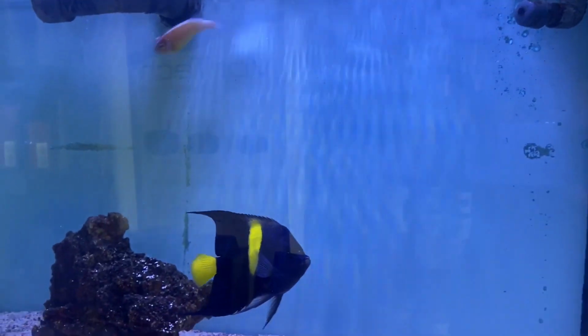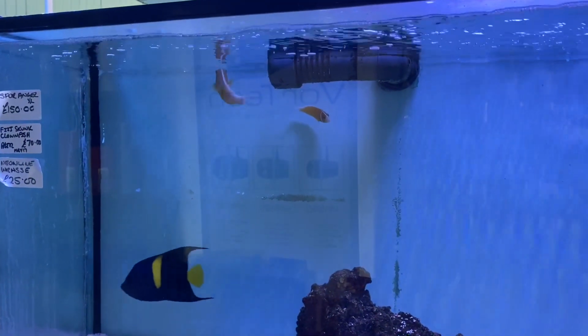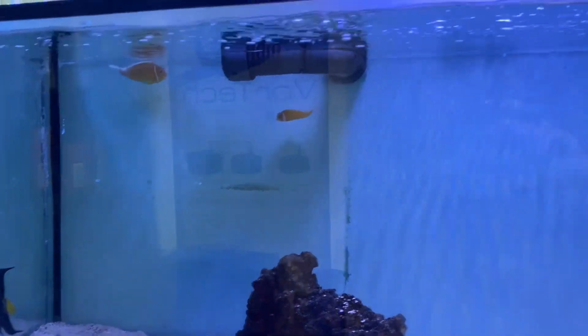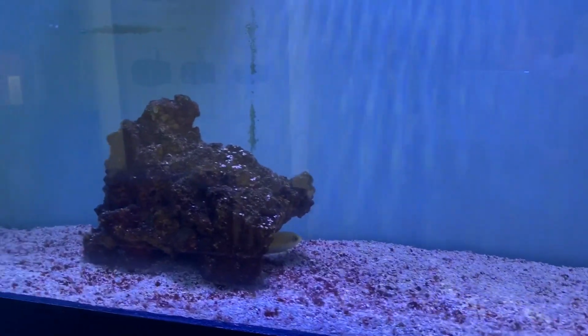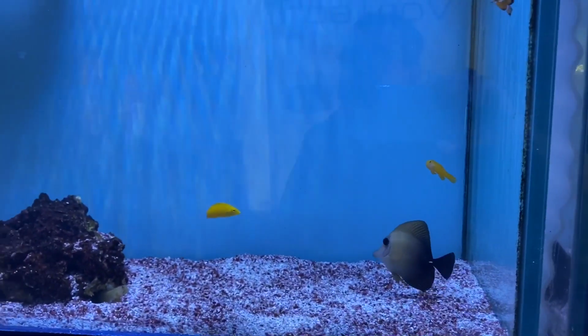Move into the next one, and we have an Azure angel, a pair of Fiji skunk clownfish, and a neon lime wrasse. Come into the next aquarium, and we have